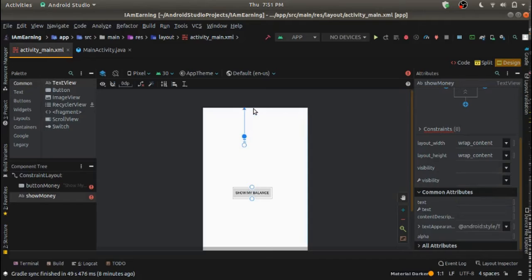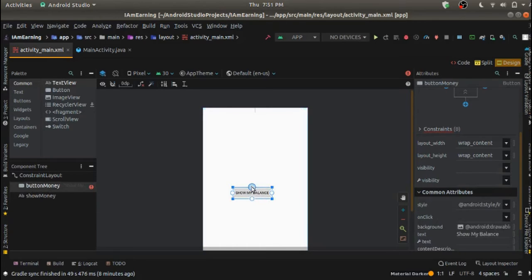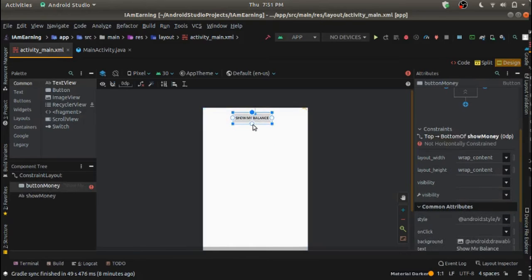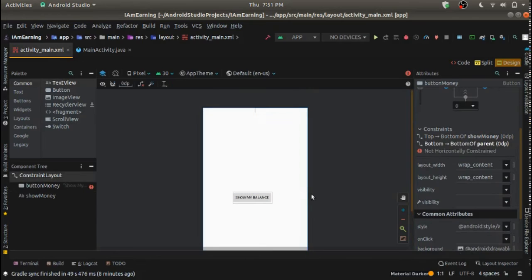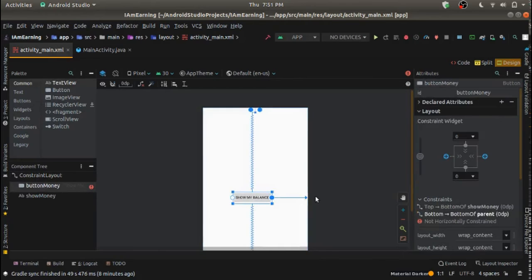I'll just constrain it likewise. As you can see, it's really very easy to constrain things.